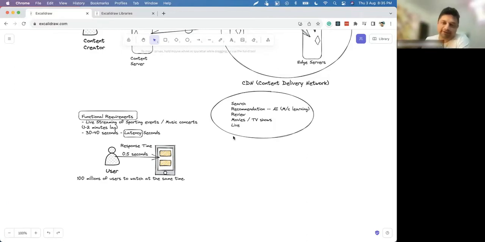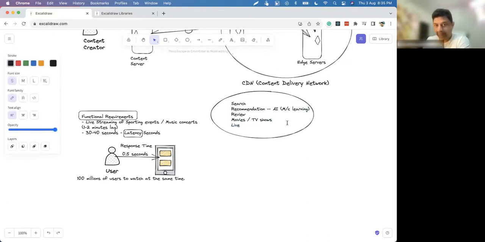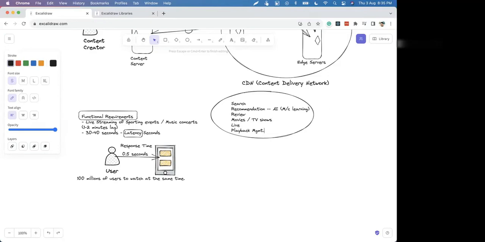Right, and definitely one important functional requirement which we have to take care of is playback management. What does it mean? Anyone? Forward, reverse, pause. Yes, absolutely.